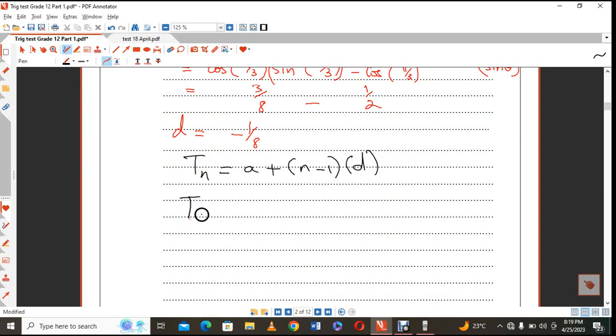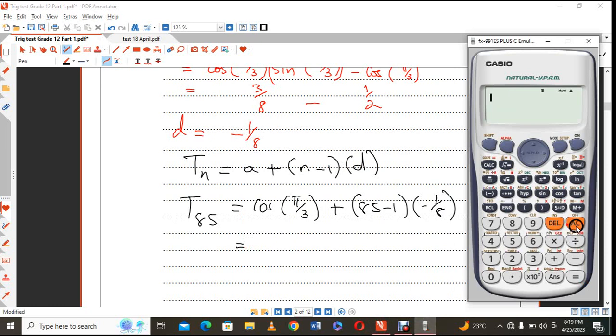All right, so the 85th term, our first term happens to be cos theta, and our theta is pi upon 3, and this is going to be 85 minus 1, and our common difference is 1 over 8. Okay, so let's just see what it all gives us. Again, if you have to calculate, remember this is a half,